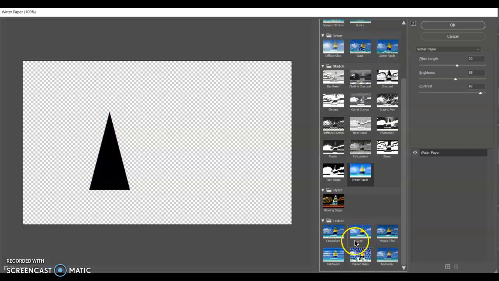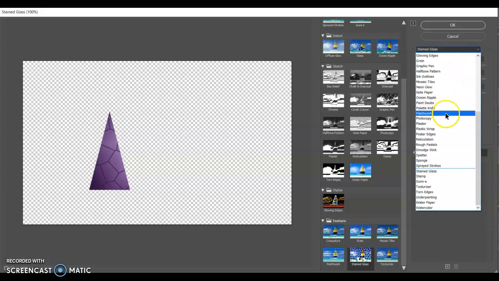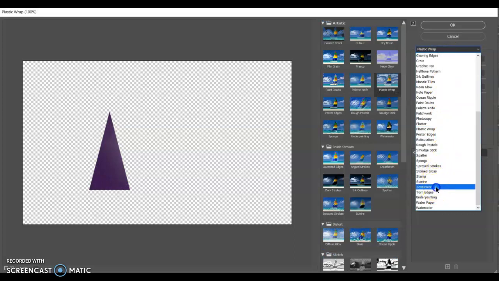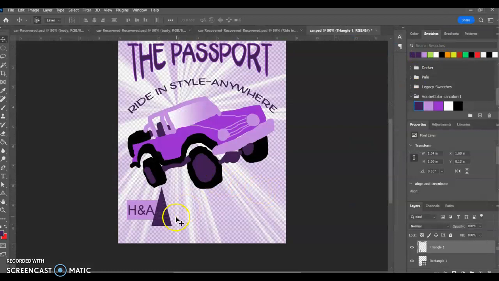So I'll go ahead and do this one just for now. I'm going to make the cell size kind of big. The border's kind of small. And you can change the light. I can sit here and make it look like plastic wrap. I can make it look like texture. You can play around with it. So once you are done, you go ahead and hit OK. And so now you have a